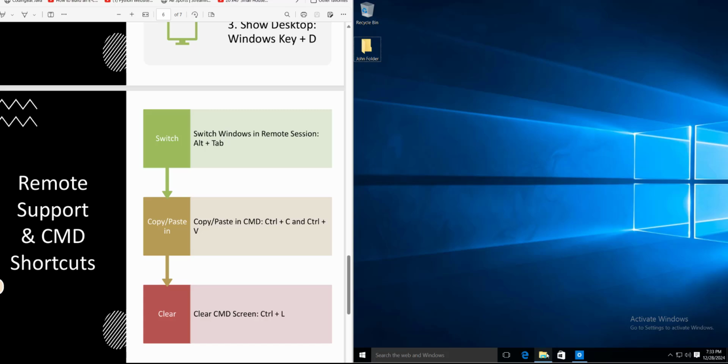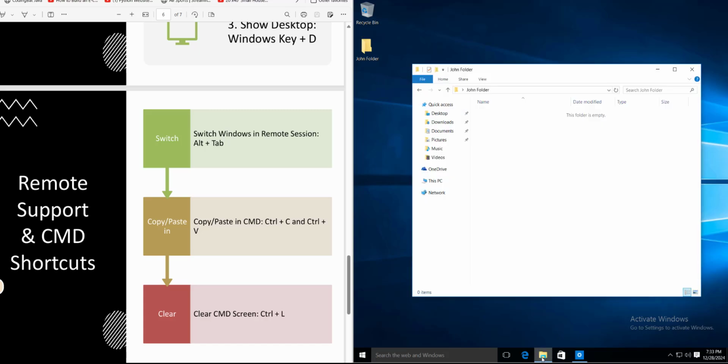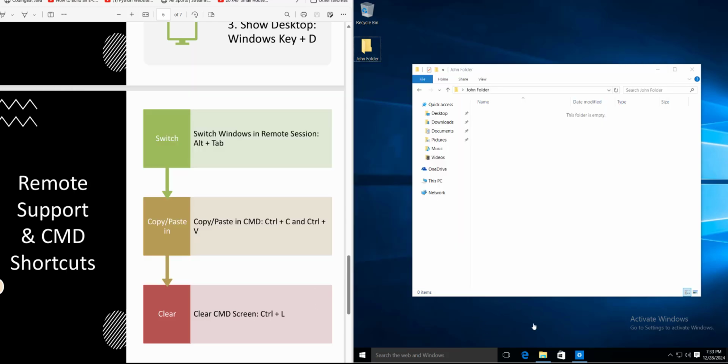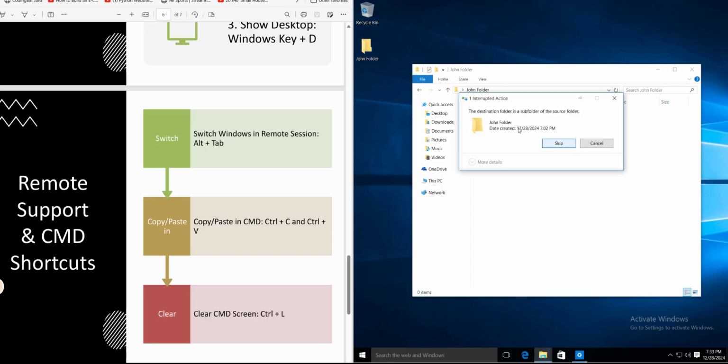Alright, so next, switch windows. For example, you have lots of things open here. If you want to switch, you can press Alt plus Tab. You can see what all these things are that are open. Yeah, so Alt plus Tab to switch the windows. And copy paste. Yeah, Ctrl C, Ctrl V. I think everyone is aware of this. For example, if you want to copy this folder to here, Ctrl V. This folder, subfolder, so